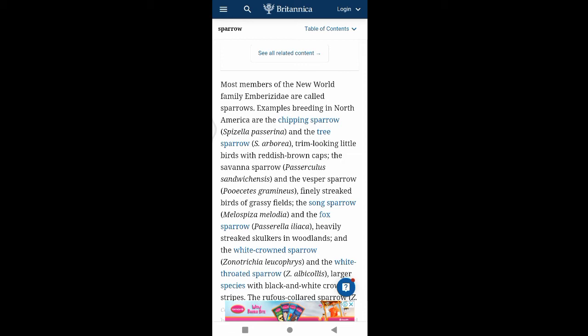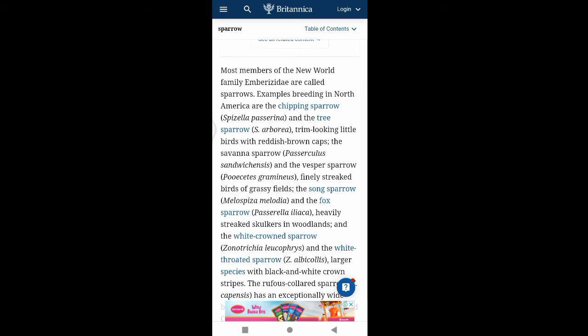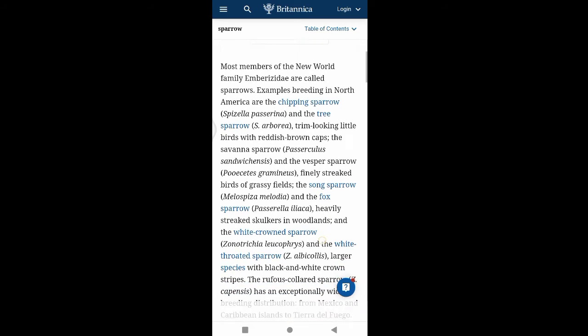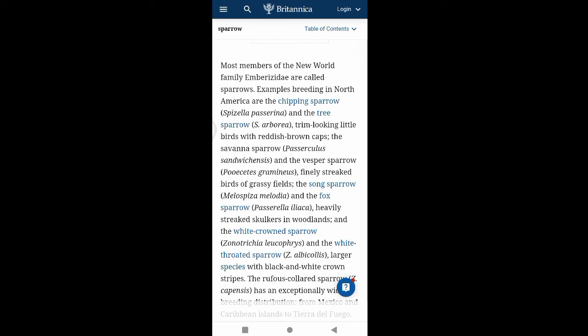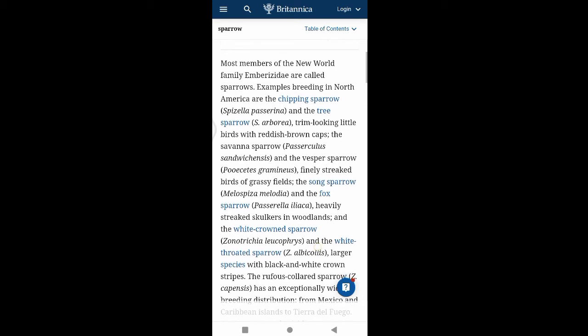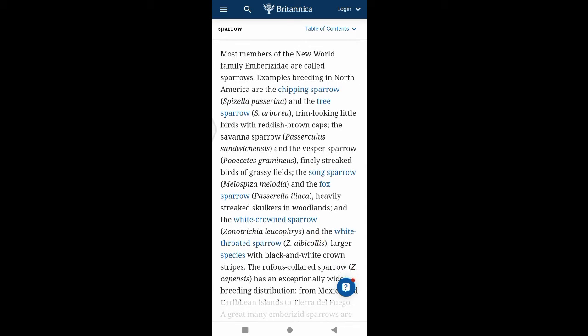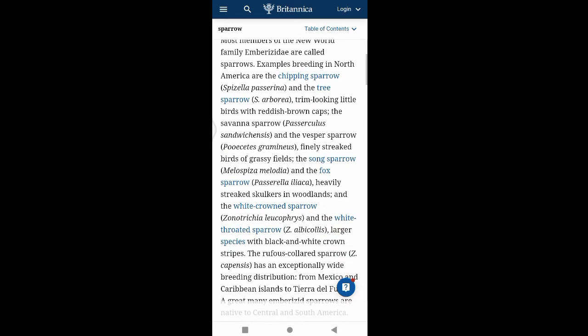The song sparrows and the fox sparrows are heavily streaked and shy in woodland, and the white-crowned sparrows and the